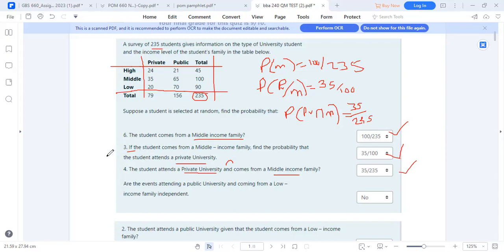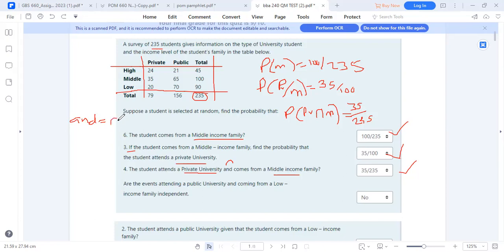I have a question. Yes. Why are we using the final total, the overall total? I understand it's in the formula to say you use the sample or overall total, but if you're looking at just private and middle, why not use their totals instead? So in statistics, like I said, there are words that you need to be very particular with, and they're just trying to get you to understand that this is what